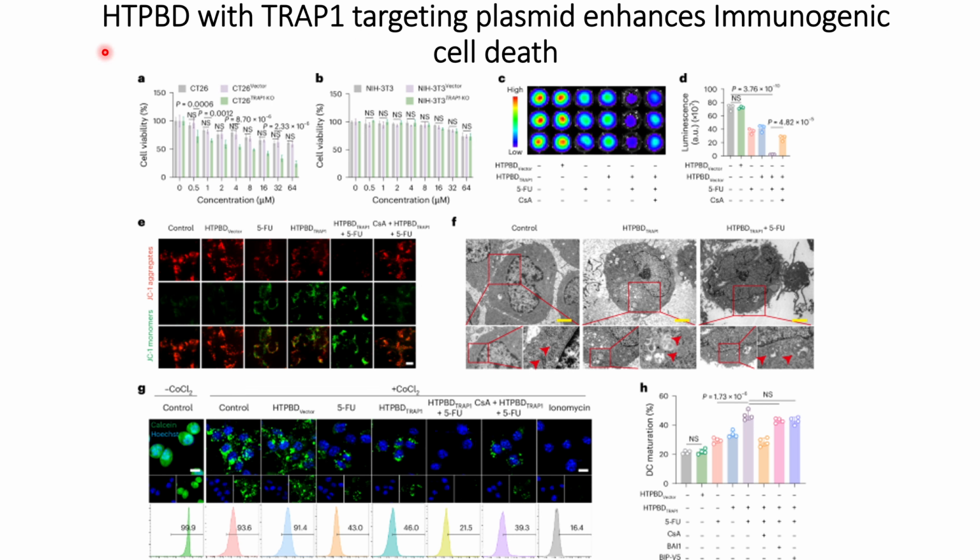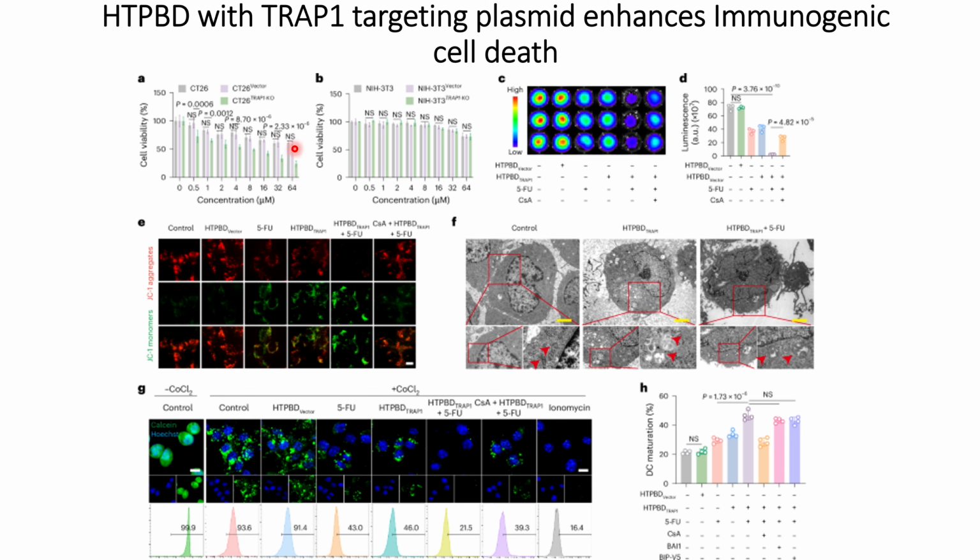First, they used HTPBDs with the TRAP1 plasmid in cancer cells, that is CD26 mutated cells, and they were able to see that with increasing concentrations, the HTPBD with the TRAP1 gene targeting plasmid caused reductions in cell viability compared to the control case,